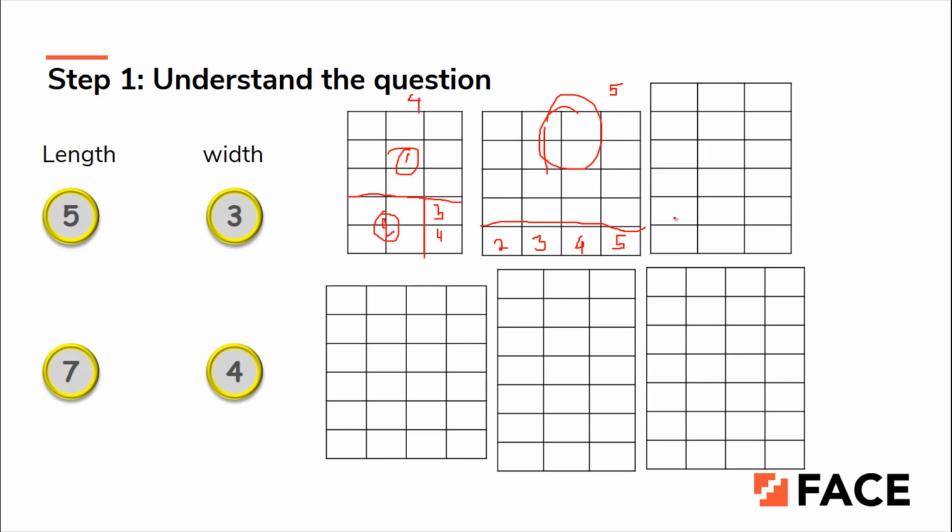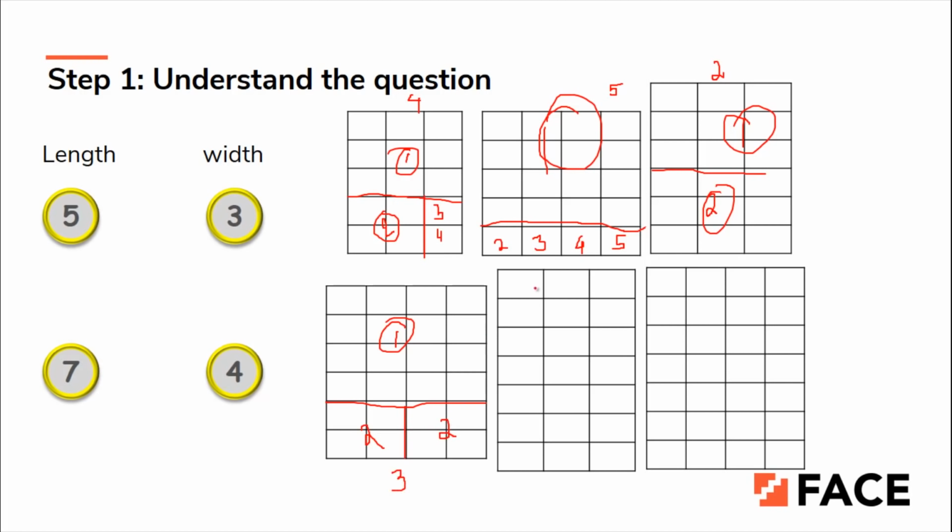6 cross 3. 3 cross 3 would be the first bar, and then you will end up with one more bar of the same size, 3 cross 3. This is because the total number of rows is double the total number of columns, so you can easily break it into 2 equal parts. Done. So there are 2 pieces here. Now 6 cross 4. Again, 4 cross 4 would be the first bar, then 2 cross 2 the second bar, and again 2 cross 2 the third bar. So totally 3 bars would be found.